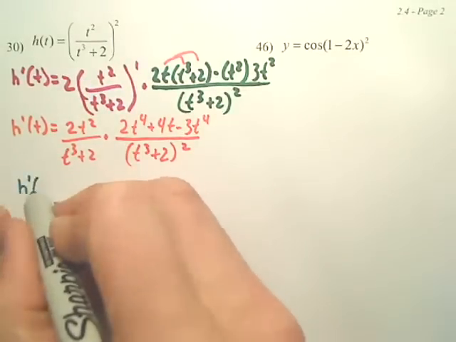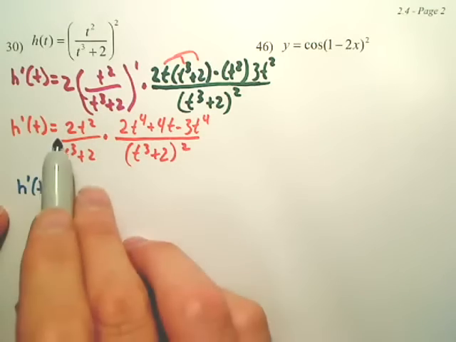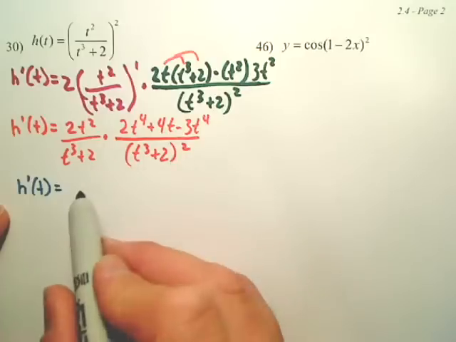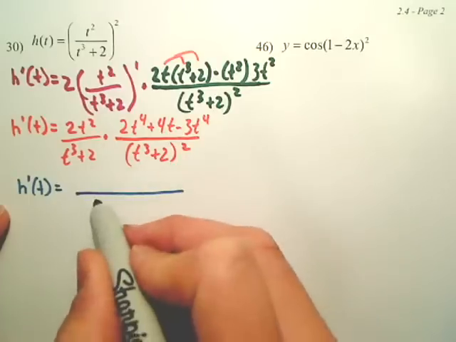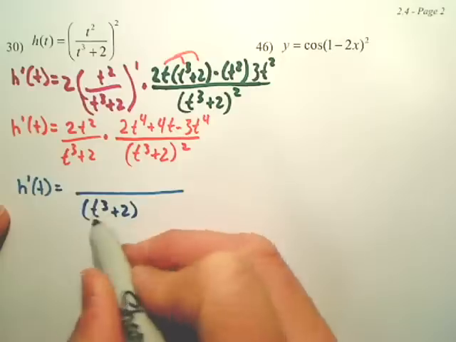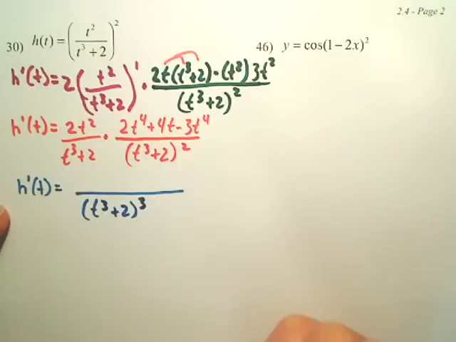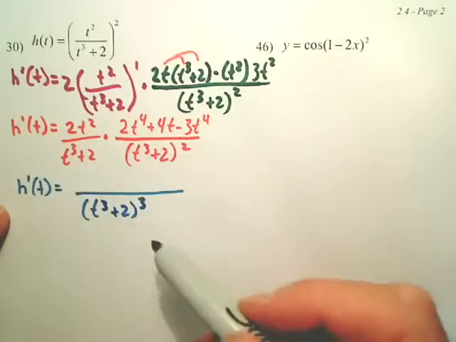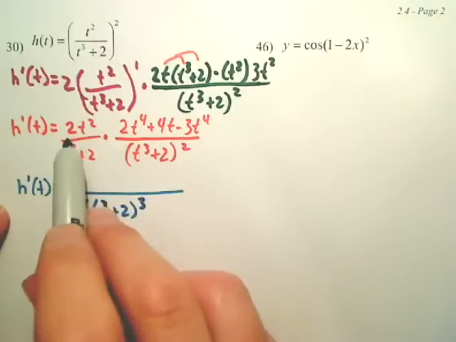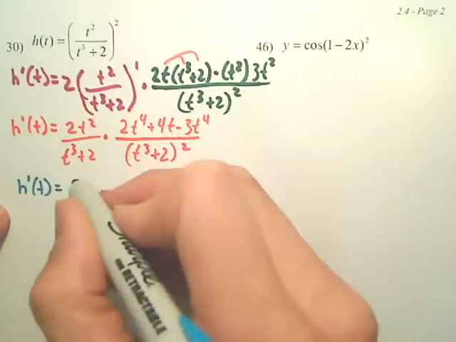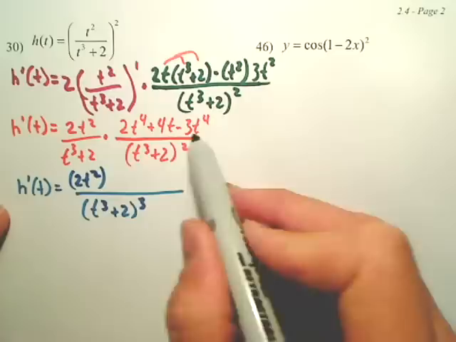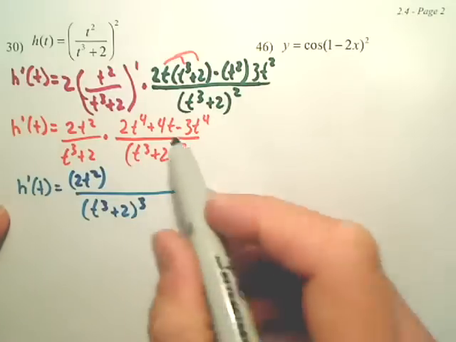Okay, let's keep simplifying. You multiply the whole top, but I don't actually want to multiply this through. This is like a GCF. And when you multiply these two, do you understand the bottom is just going to be t cubed plus 2 cubed? Because this times this, you just have one more of them. And when you multiply the top through, we're not going to multiply this through because it's better to have a GCF. So let's take the 2t squared, leave it out front, but can we pull a GCF out of this? Yeah. We will be able to pull a GCF out of this,